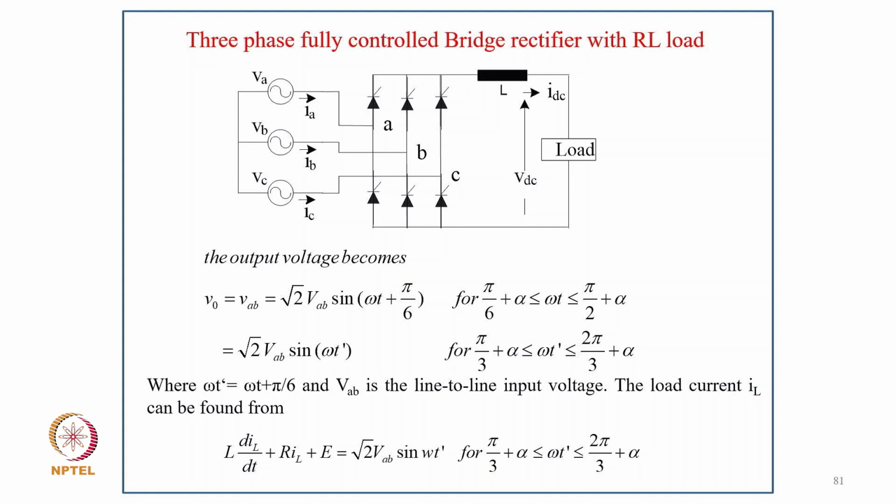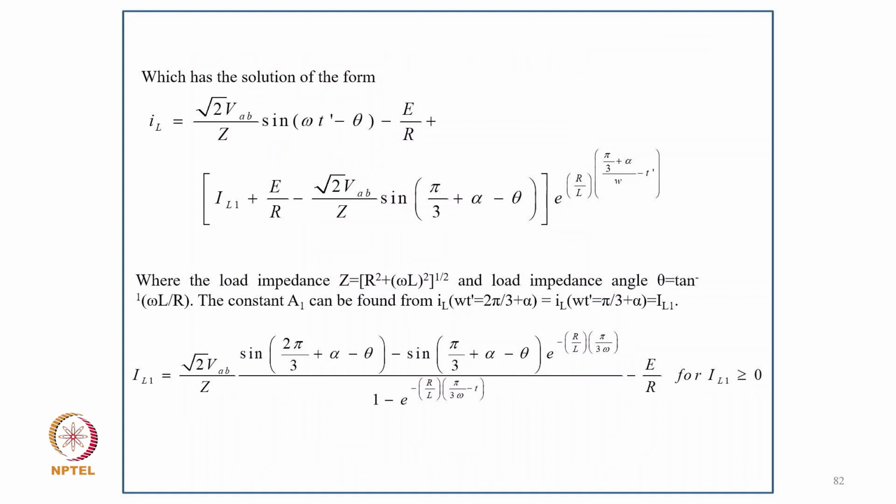Now coming to 3-phase controlled rectifier with RL load, the output voltage Vo equals root 2 VAB sin omega t for angle pi by 6 plus alpha to pi by 2 plus alpha, and root 2 VAB sin omega t dash, that is pi by 3 plus alpha to 2 pi by 3 plus alpha. So for omega t dash equal to omega t minus pi by 6, and VAB is the line voltage. The load current can be found from L dIL upon dt plus R IL plus E equals root 2 VAB sin omega t dash for pi by 3 plus alpha up to omega t dash up to 2 pi by 3 plus alpha, and then